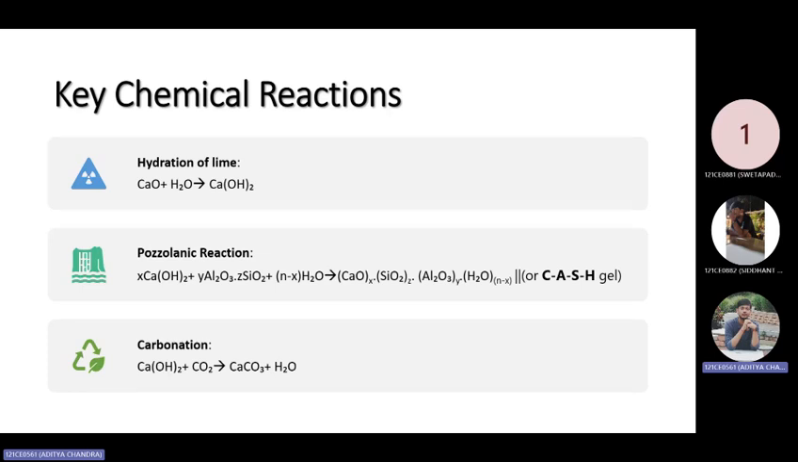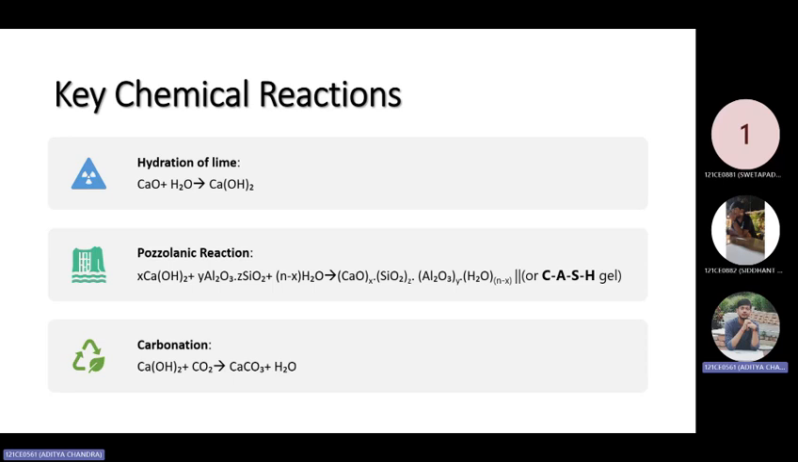Now, moving further, some of the key chemical reactions involved in the preparation of the concrete are, first, the hydration of lime, where, when water is added, it undergoes hydration, forming calcium hydroxide. The second one is the pozzolanic reaction. Here, the calcium hydroxide reacts with siliceous components of volcanic ash, or the pozzolana, to form calcium silicate hydrate gel,